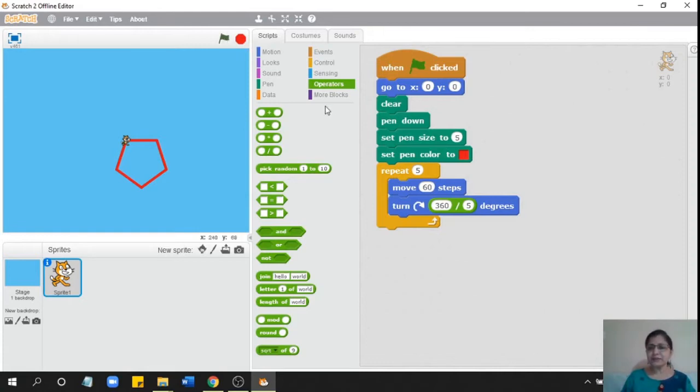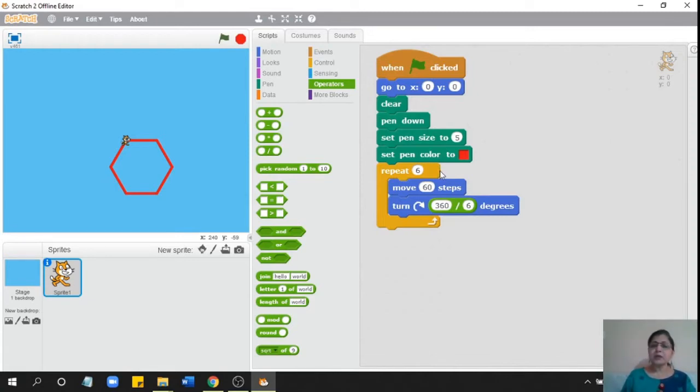So we saw a 3-sided figure, a 4-sided figure, a 5-sided figure, a 6-sided figure, a hexagon, the same way. So what am I doing? I'm just changing the sides and 360 divided by that, and I'm getting that polygon over here. This is how it is drawing. I can go on for as many sides as I want. Is it correct? Right? This is what you had learned in the previous class. This much is very simple.